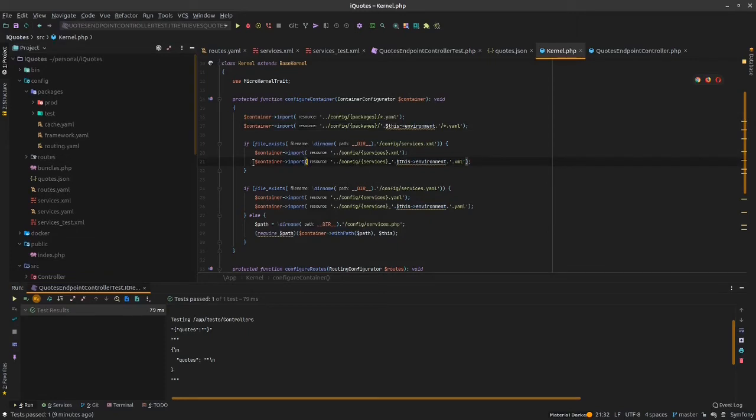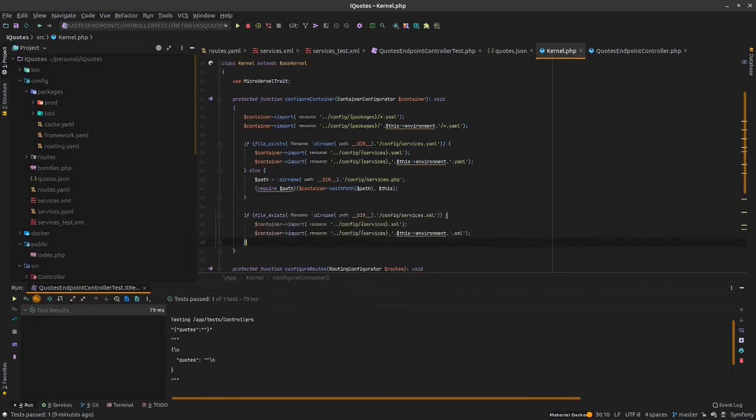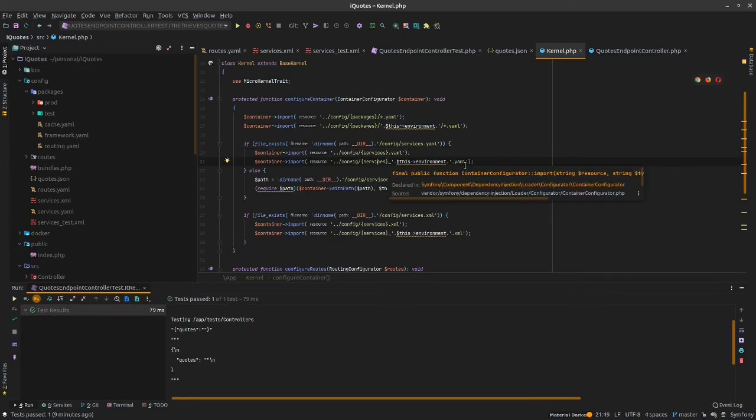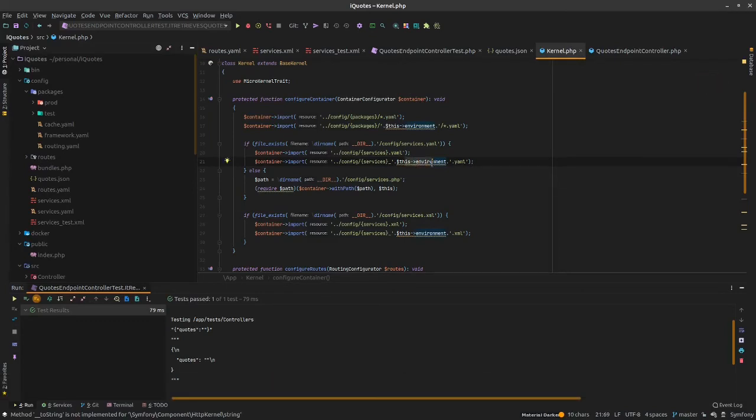So what I did, I added my XML services, which probably I will add after this. There's probably no need, as I won't change the YAML services anymore, having the XML ones, but the order is important. So as you see what's happening here, it imports into the container the services defined in the YAML file, and then it imports the services for the specific environment, so production or test. You can add some dev environment if you want,